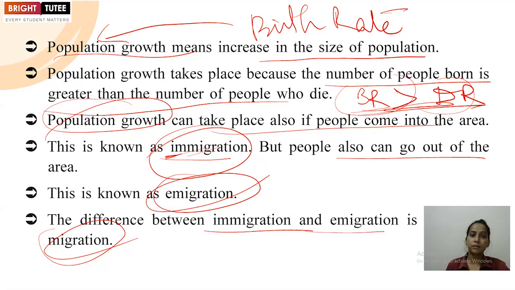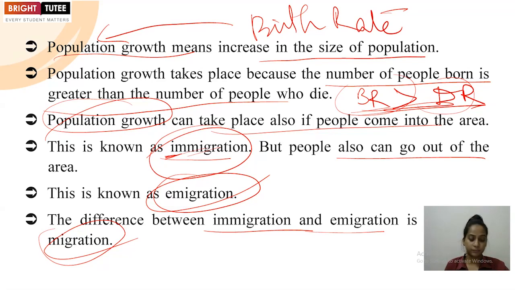Earlier, if we compare the data, the birth rate was high and the death rate was also high, but slowly and gradually changes in medical facilities and other facilities started. The government has also started many welfare programs for creating awareness among the people about health. So that has led to